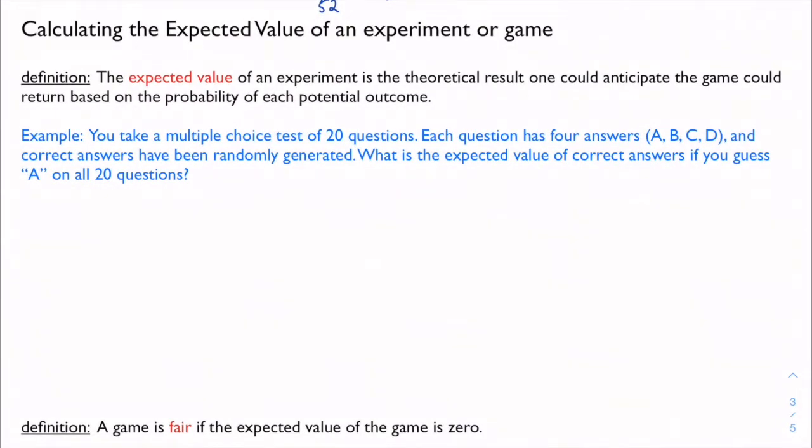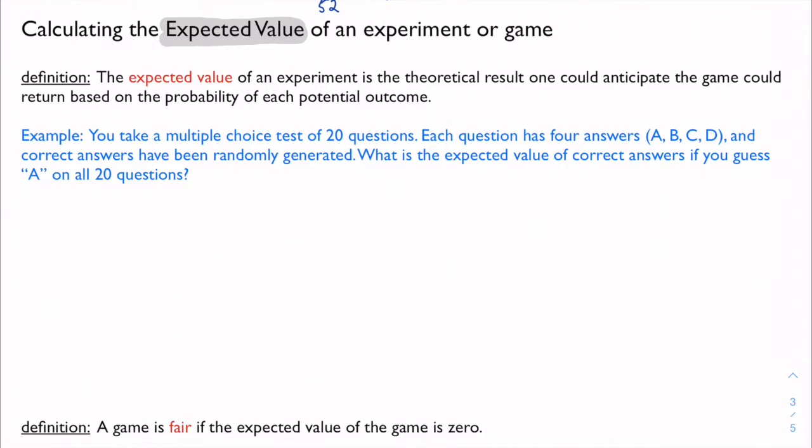So we left off talking about probability, the probability of an event, the chances that an event will occur, right? And that's all great, but in context, we can do a little bit more with it. And that's when we start to talk about something called expected value, which is using this probability to determine the theoretical outcome of a game as either being a gain or a loss.